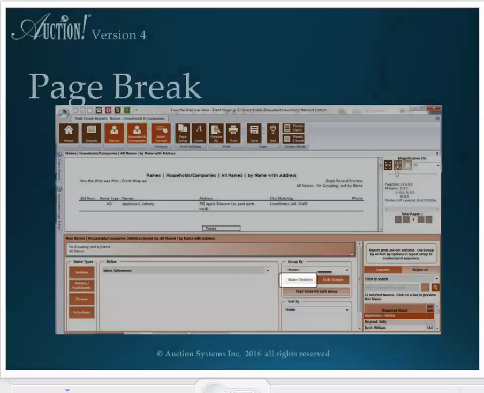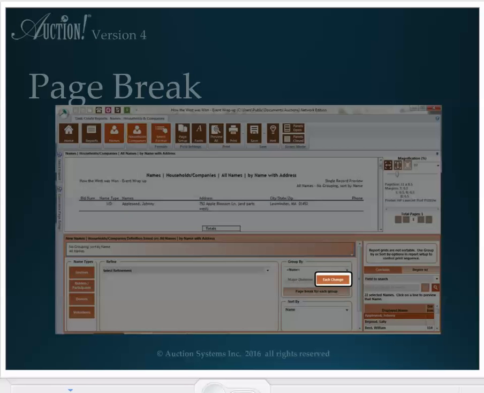The Each Change choice will have a group break every time there is a change in the balance due. The people who owe zero would appear together in the report. Any people who owe the next dollar amount, say $18, would appear in the next group. The people who owe 20 would appear in the next, etc. No matter how you choose for line breaks to appear between the sections, you can also choose to have a